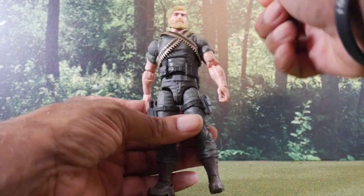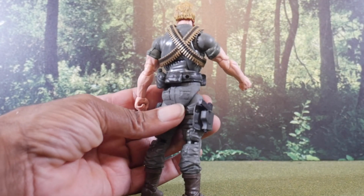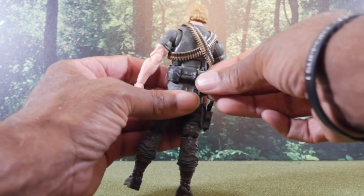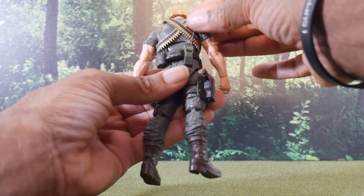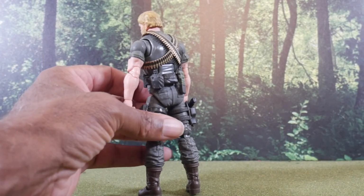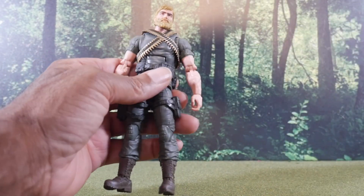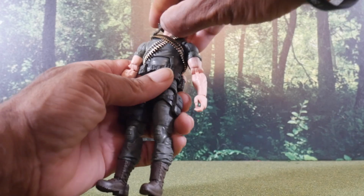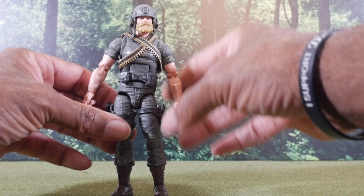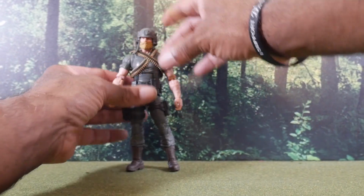The walkie-talkie, it affixes to the rear. You have a peg hole off to his right, and you put that walkie-talkie in there. It's going to bend the antenna, so be prepared for that. And then, of course, we'll throw on that helmet. And that is how it goes down